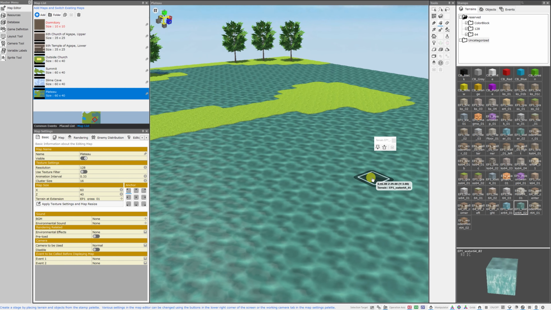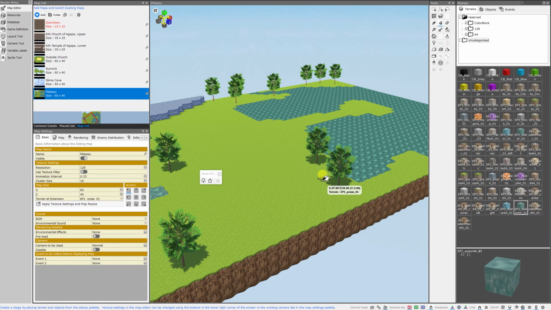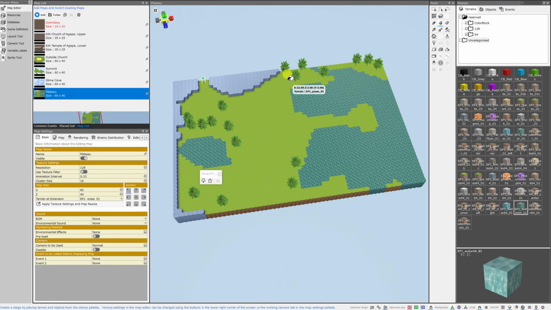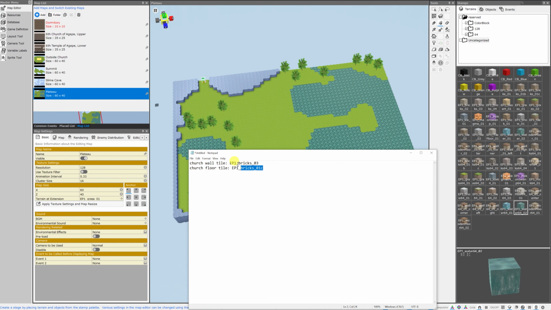So, ew, that's actually pretty nice. I'll keep those for the placeholder because I like how that looks. And I need to be writing this down. I guess I abandoned it because I ended up making my own tile. But the church wall and floor tile is just called church wall, and it needs to be exported and saved